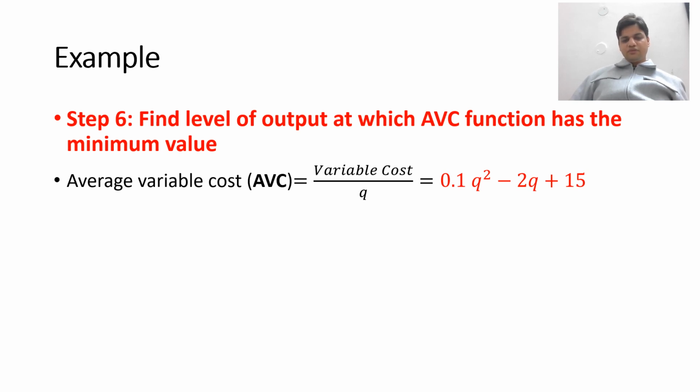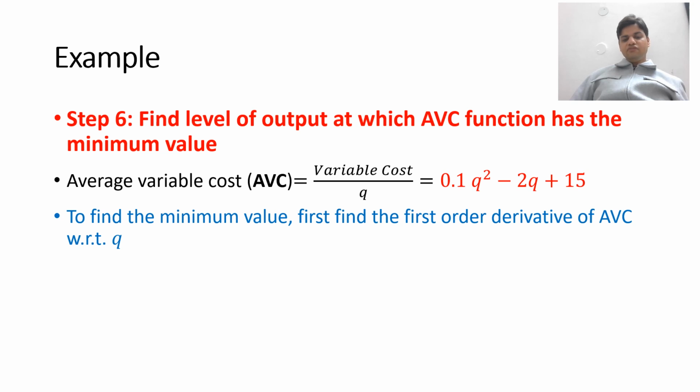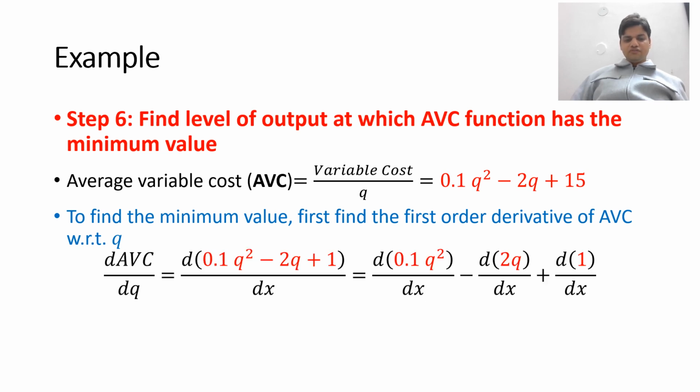So this is what we had from the previous slide. Now to find the minimum value, first find the first order derivative of AVC with respect to Q, because whenever you have to find maximum or minimum of any function, you have to first take the first order derivative with respect to the relevant variable or argument of the function, which in this case is q. So dAVC by dq is equal to d by dq of this AVC expression. So we are applying d by dq to each component here because it is linear